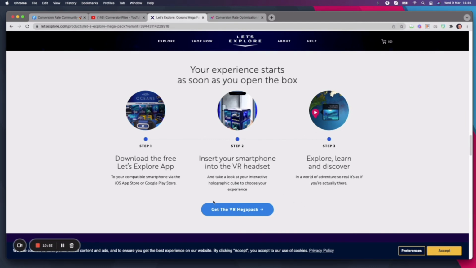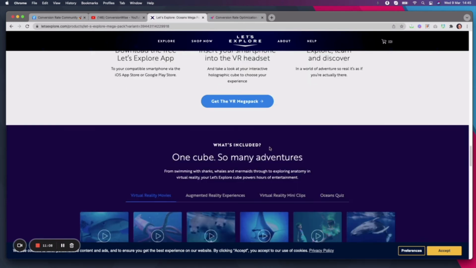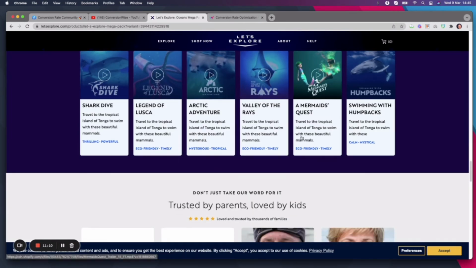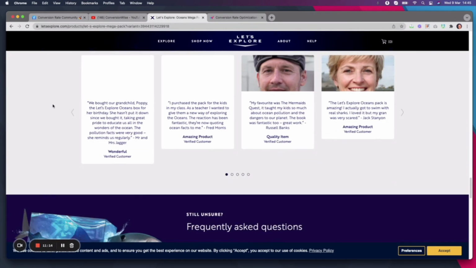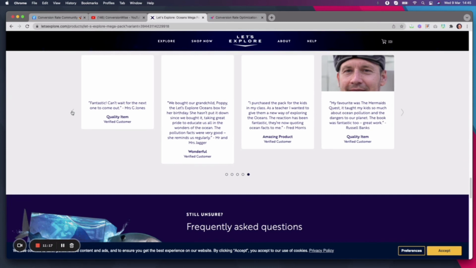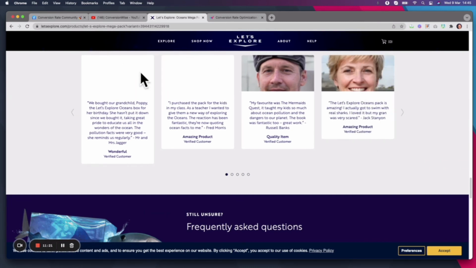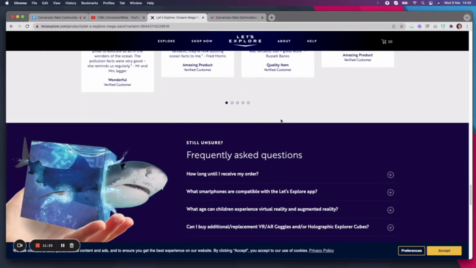Don't forget to add repeating calls to action as you go through your product page. Again, something we see missing so very often on product pages is that repeat CTA leading back to the product that they actually came here for. So really like a good little tip there for you guys. Here we have some really nice content. And then of course we go into the social proof section, and that's just because my internet is atrocious, that is not loading, so apologies. We go into the social proof section.